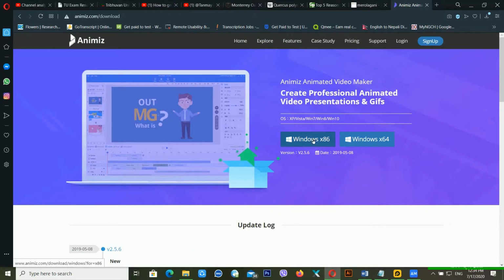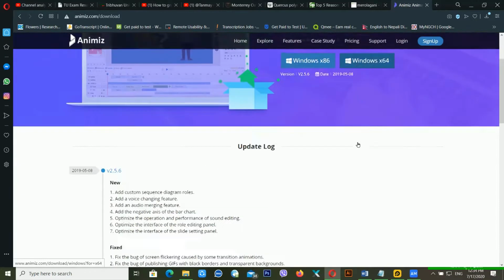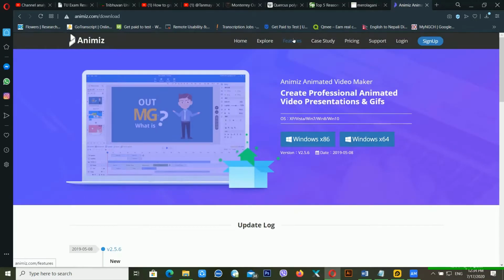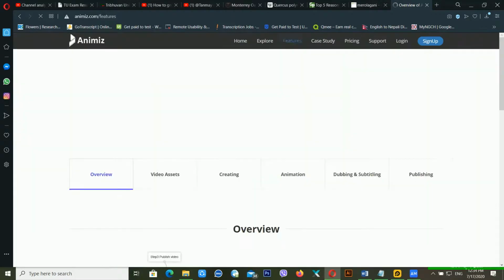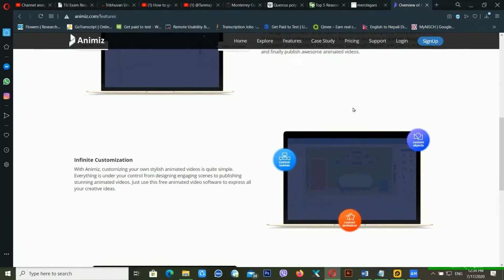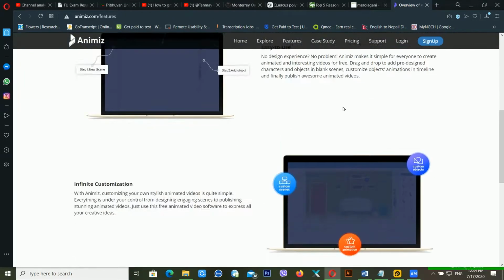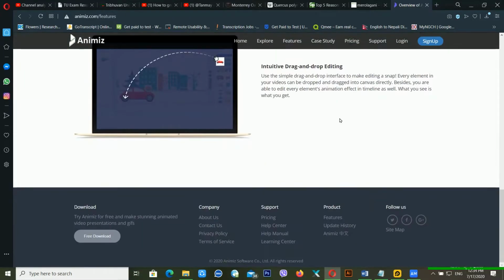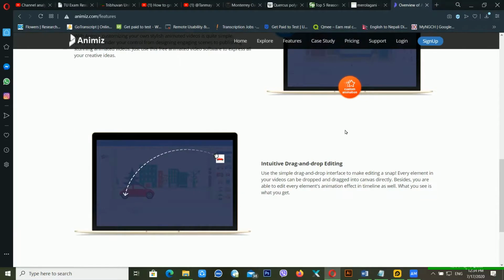I think this is only available for Windows. After this, if I click on the feature, now you can see there are different kinds of things available. There are lots of features available inside the Animiz. So you can also use this software. I'm giving you the download link in the video description. You can check that link to download the Animiz